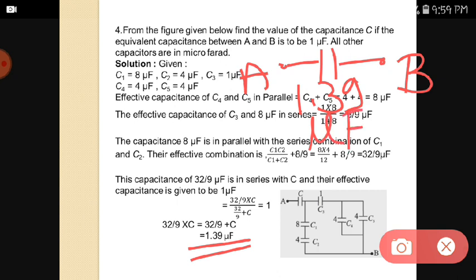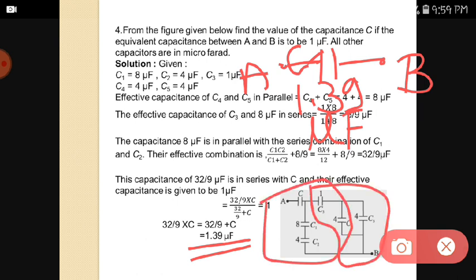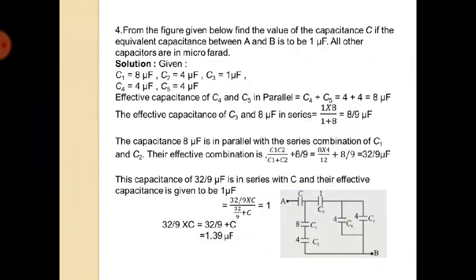Okay, so this is it. This is the value for C, which is 1.39. In a similar way, we can ask many numericals, even only this can be asked, or only this circuit can be asked. So you have to find the value for each of them, and by drawing it, it will be much easier for you to solve this. So I suggest you draw a diagram step by step when you are removing one or two capacitances in between the circuit.